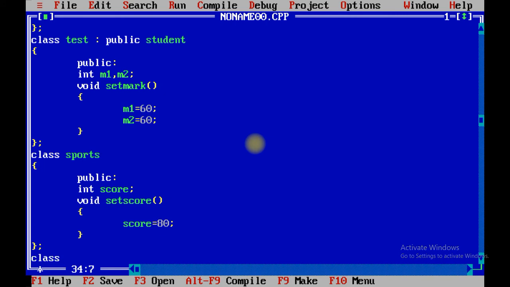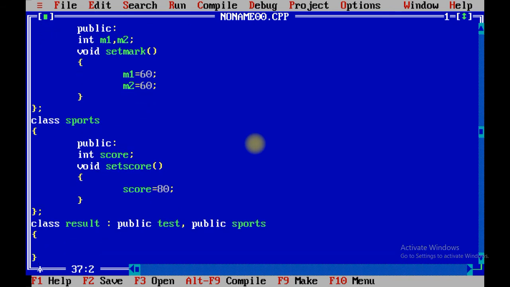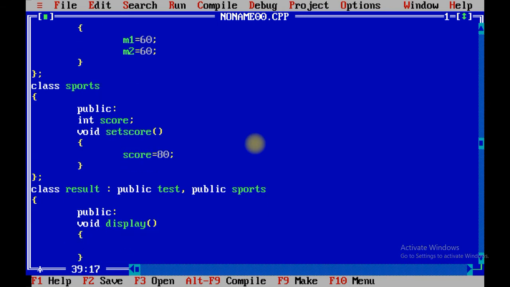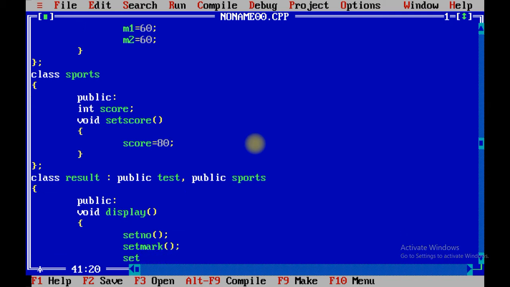The last class, that is called result class, we are going to inherit two classes. One is called test and another is called sports. Now public keyword, void display will display all the variable values which we have already defined in our previous classes. We are going to call the set number method, the set mark method, and the last method is called set score.